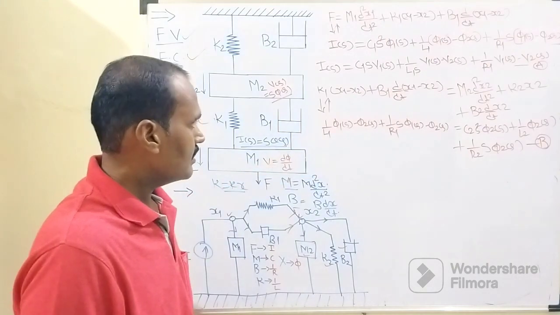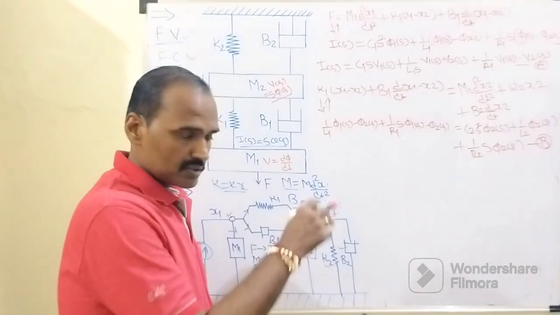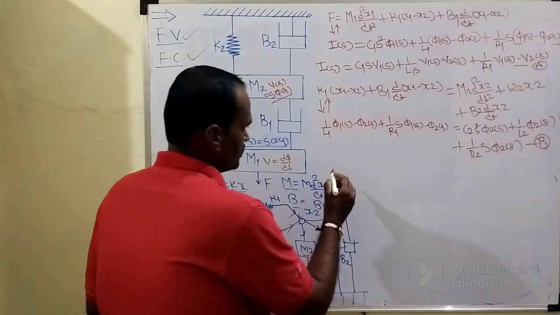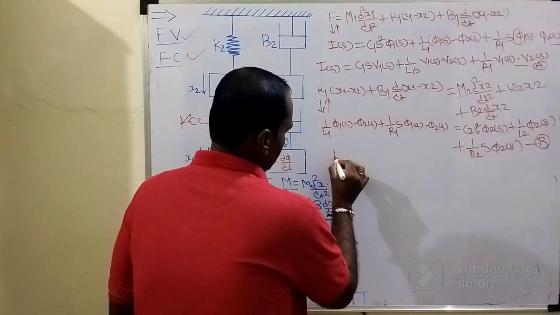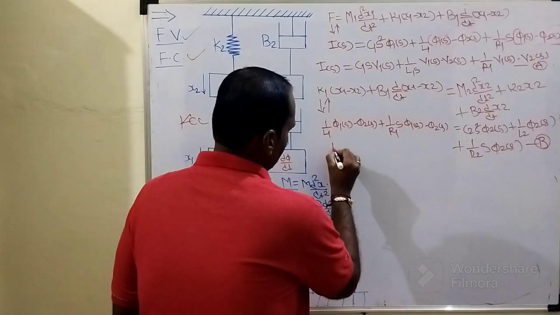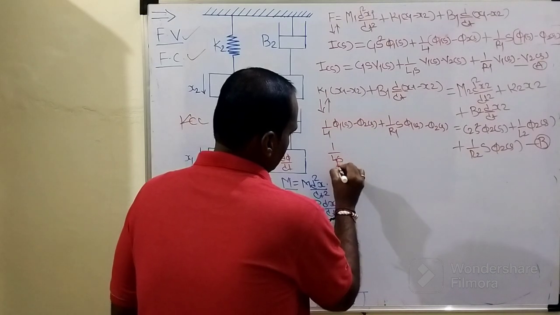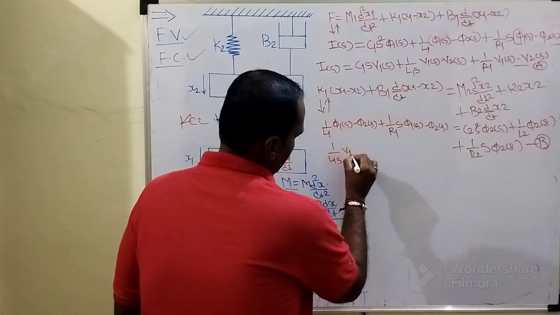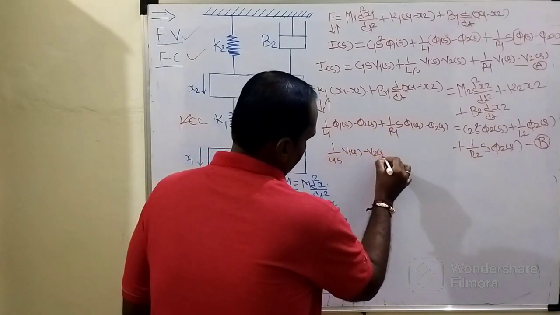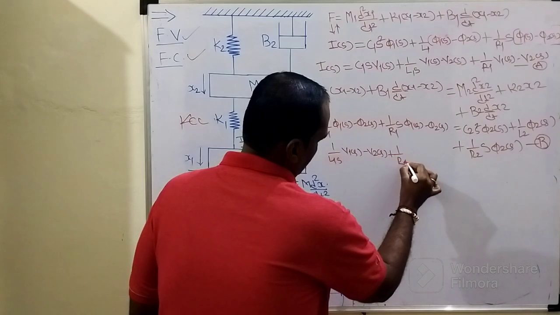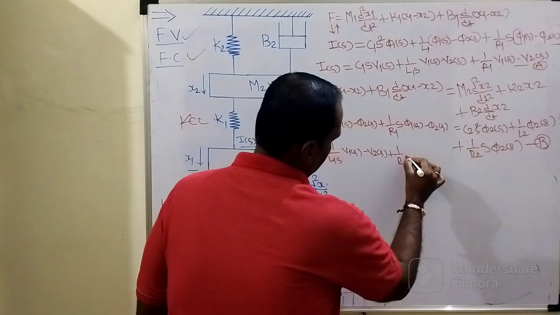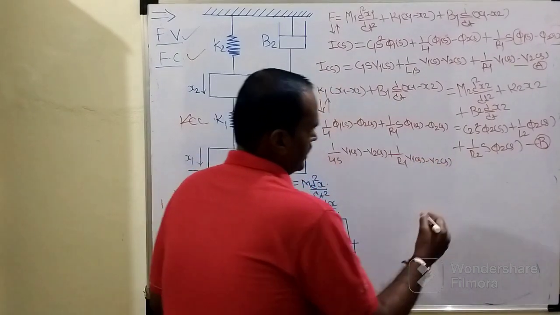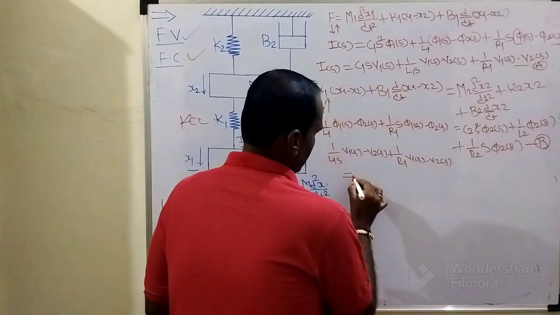The coefficient of L1 is phi 1 of S minus phi 2 of S. So at that stage we need to replace this phi of S with V of S. As we don't have an S term, it will become 1 over L1 times S, 1 over L1 times S into V1 of S minus V2 of S, plus 1 over R1, S into phi is nothing but V, so it will become V1 of S minus V2 of S, equals to